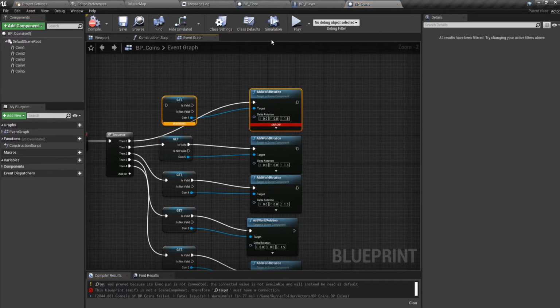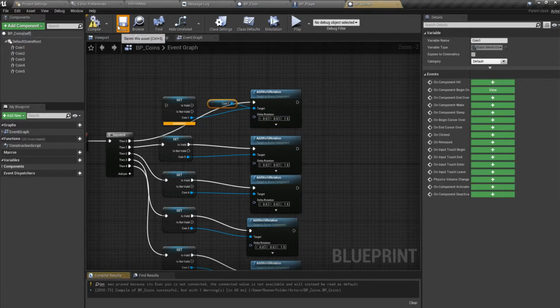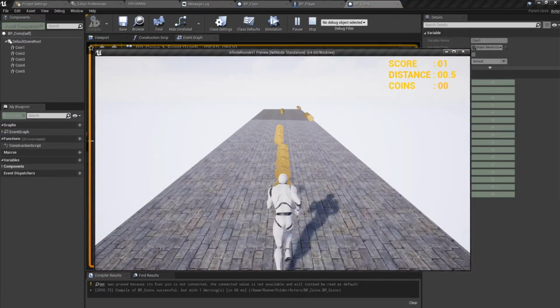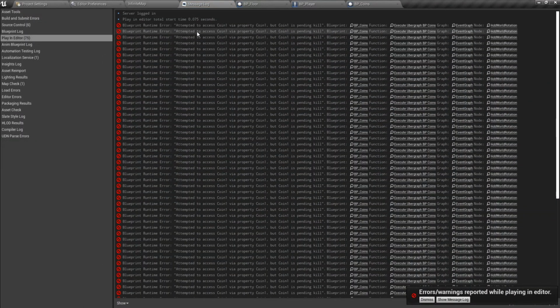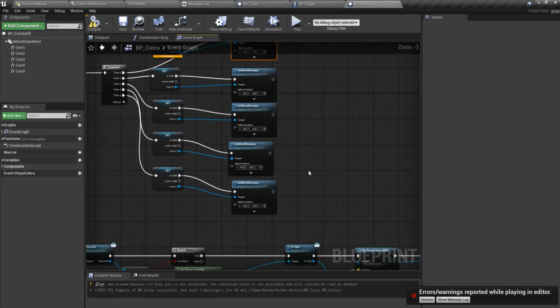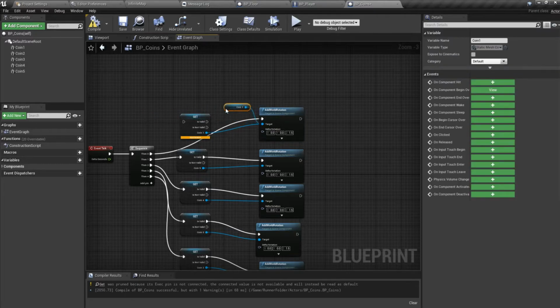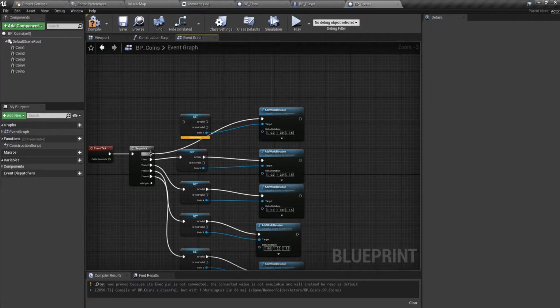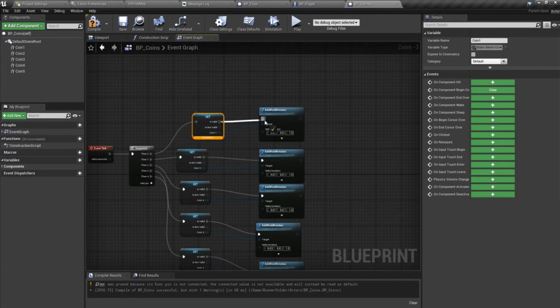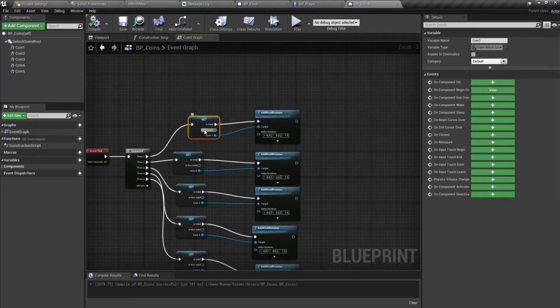If I just remove that, if I just delete that, yeah, see, attempted to access coin via property coin1, but coin1 is pending kill. So it's pending kill, so it will be destroyed within some time, but the blueprint is still adding the rotation to it. So how we can overcome this is we just put in a validated node, so it checks if it is valid. Once it is pending kill,